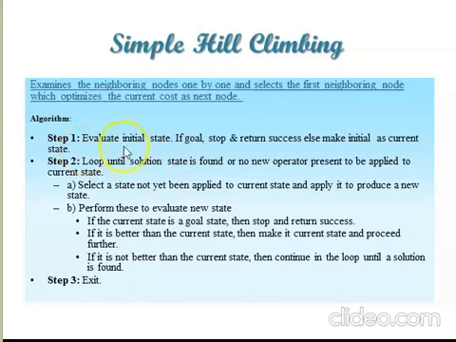So the first step will be at the initial state. We have to check whether this initial state is the goal state. If it is the goal state, we don't have anything to do because we are already done with the problem. So we'll be stopping and returning success. Otherwise, we have to make this initial state the current state. Remember that all the operations are done on the current state only. If we are at the initial state, we have to make it current first.